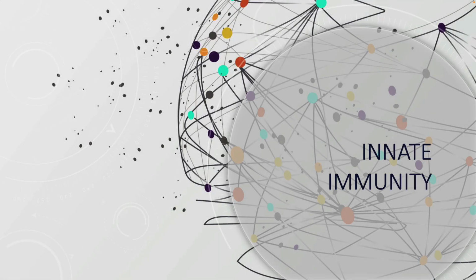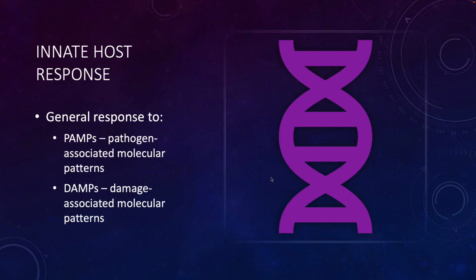As I mentioned in the previous video, the innate immune response is the general immune response that our body has to any sort of tissue damage or infection. This is our general response to what are called PAMPs and DAMPs. So PAMPs are pathogen-associated molecular patterns, while DAMPs are damage-associated molecular patterns. These are the responses that our cells produce when they either encounter an infection